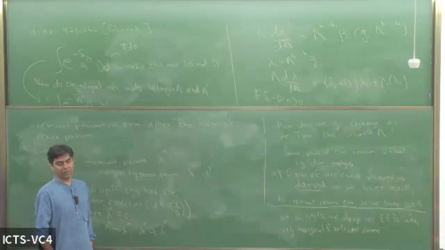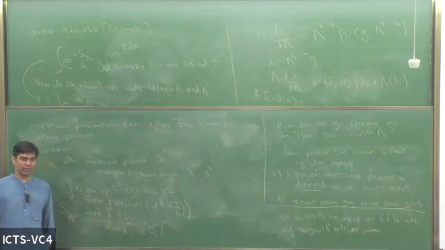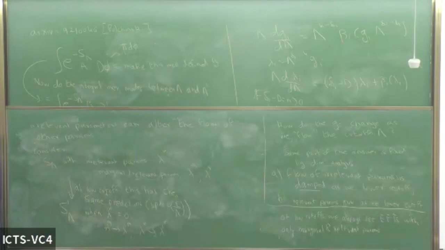And that's the reason why it's so hard to measure consequences of gravity. In particle physics experiments, at the kinds of energies we can usually access, the implications of gravity are small precisely because they're small at low energies. Okay, so that's what I wanted to say about this. Of course, we can then ask about the marginal parameters, and the flow of the marginal parameters is interesting.